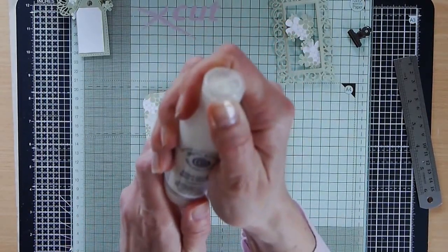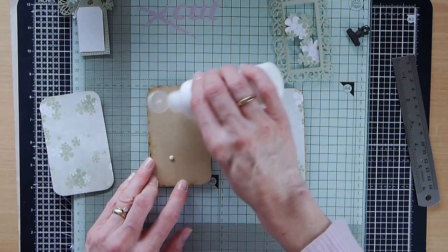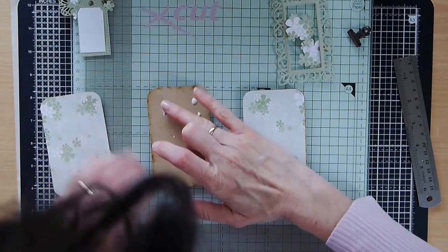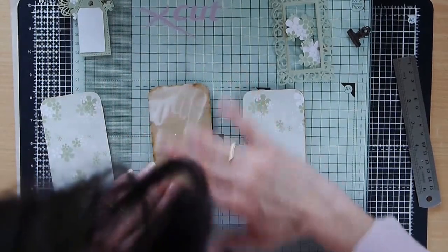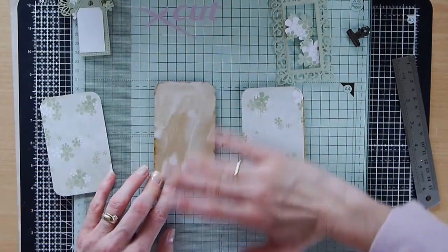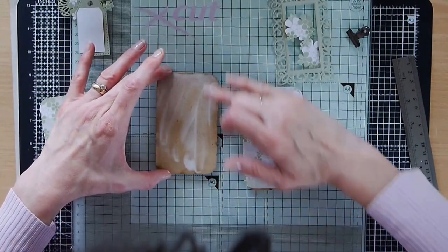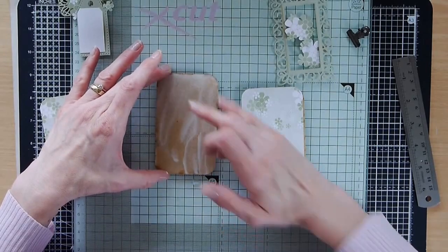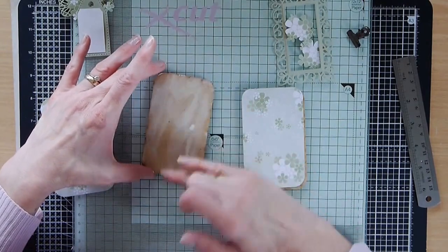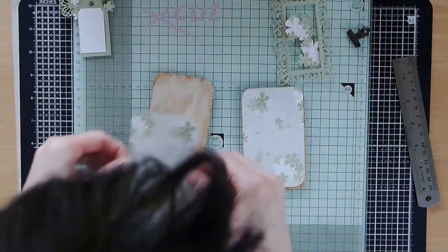This just is a lovely glue, and when you add it, you just get a nice layer of glue over the MDF, and having used it before, I know that it sticks really well. It's actually quite watery for a glue, but it works really well, and as you can see I use my fingers to spread it, but obviously you can use an applicator. I just do this for ease, and I don't mind getting a little bit messy as long as I've got something on hand to wipe the hands. Okay,